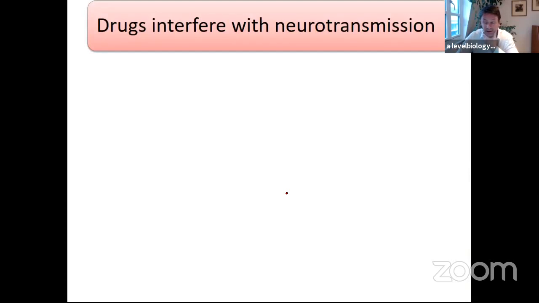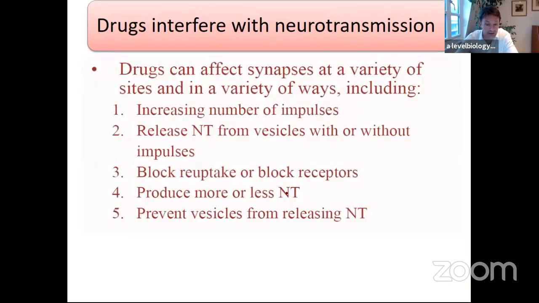Drugs, now this is a big topic. Mostly exam boards look at drugs and the effect of drugs at synapses as a way of testing your understanding of synaptic transmission. In the scaffolding to the question, they tend to tell you enough that it's not a what question, but an explain question: using your knowledge of synaptic transmission, say how this drug could interfere with nervous transmission. There are different ways that it can affect synapses: you could increase the number of impulses, you could increase